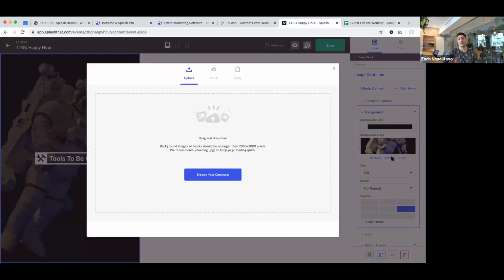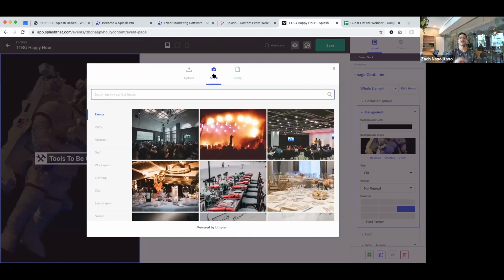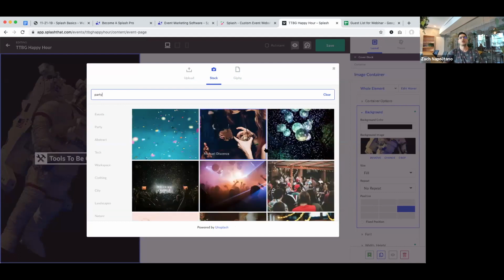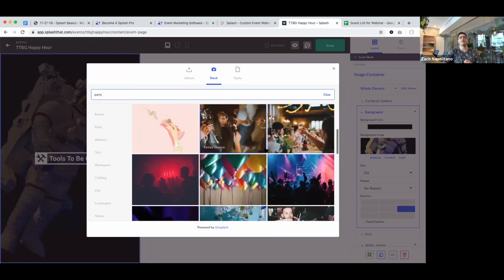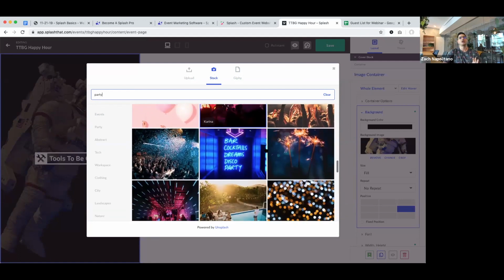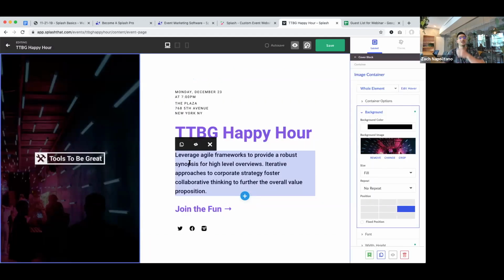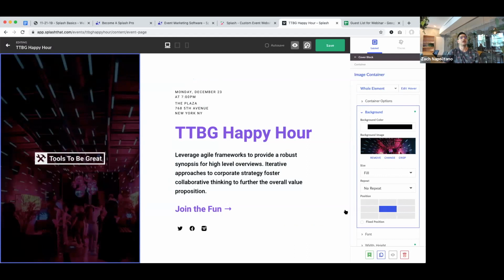If you have a great image, upload it here. If you don't, we integrate with Giphy. We also integrate with a great company called Unsplash, no relation to us. This is a free high-resolution image repository that allows you to search for great assets. So I'm going to search for party here. Scroll down. Maybe it would be great if there's something with a little bit of a purple vibe going in there to match what's going on my event page. Seeing a couple, I dig this one. I'm selecting this one right here. And you can see that changes everything up in a pretty substantial way.